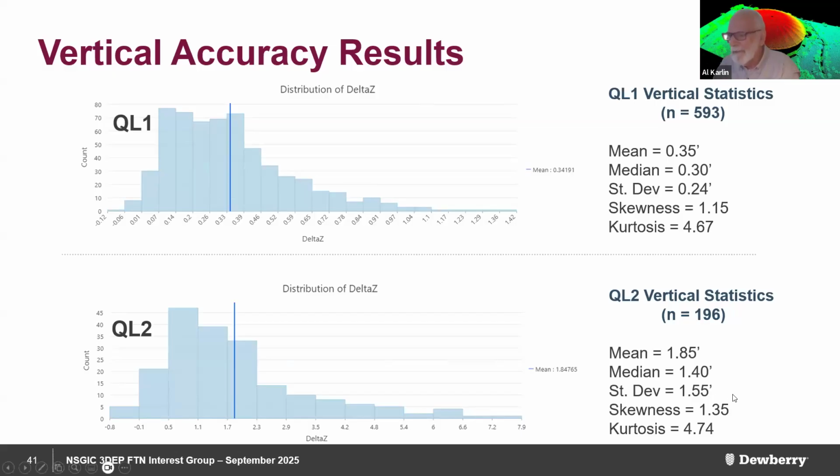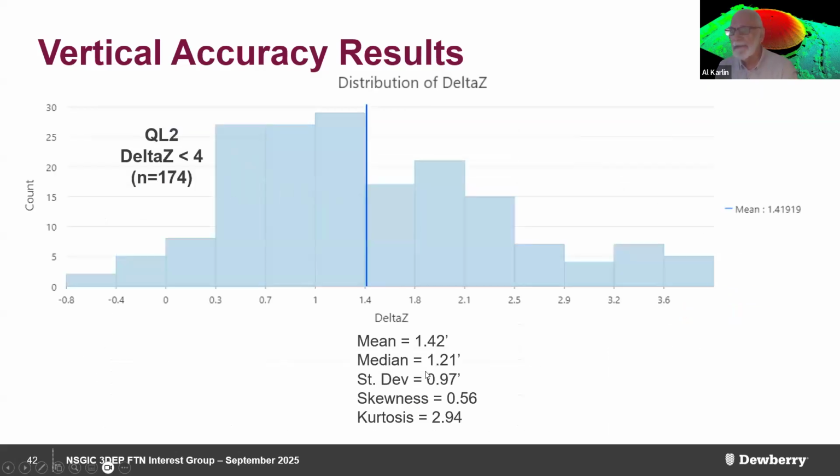So let me take out all of the points that are 4 feet. I'm going to remove this portion of the distribution. So when I restrict it to the delta Z's that are less than 4 feet, we get a nice normal looking distribution, which I think is great, except the mean is still up at 1.4 feet. The average deviation is still pretty big. Although you can see, and I think this is a good thing, that a big chunk of this distribution is between 3/10 of a foot and a foot,